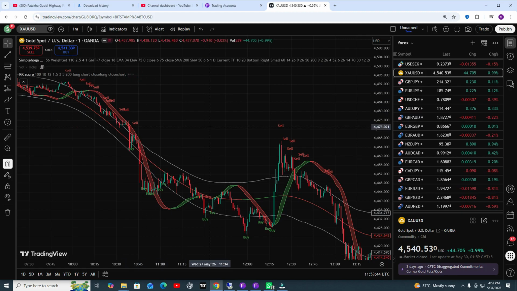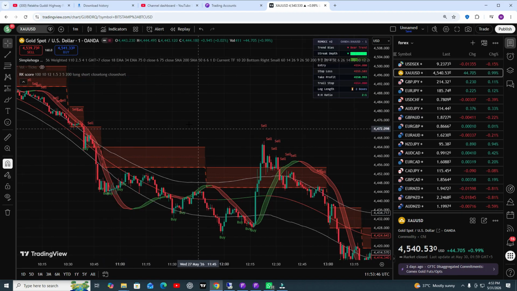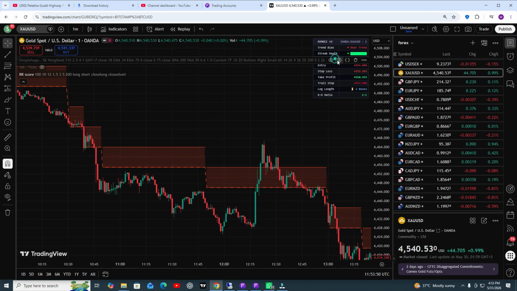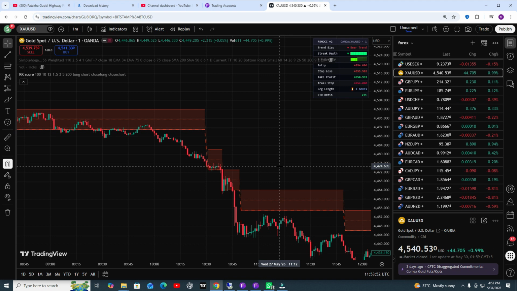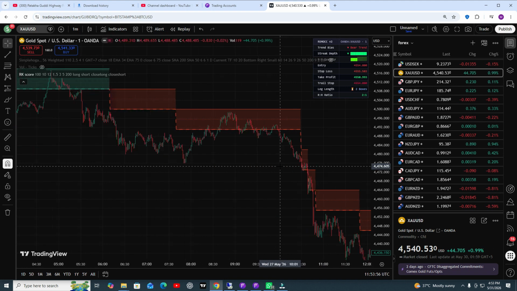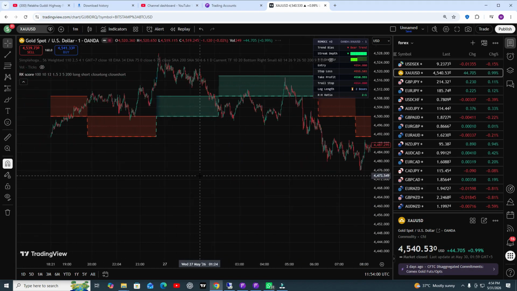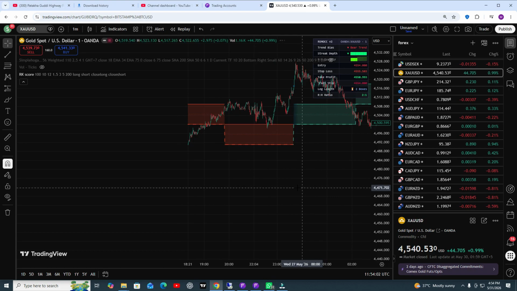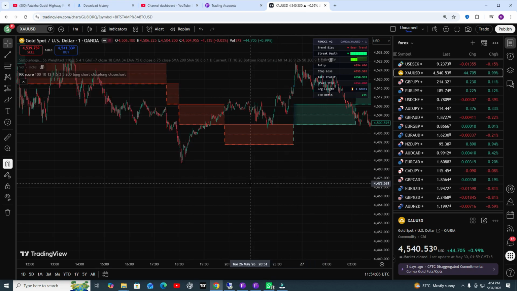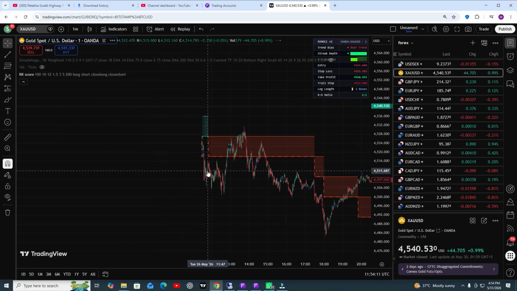So I am using two indicators actually. The first indicator will identify the trend. Let me show you the trend, because if you trade without the trend, of course the market is not going to give you a profit. But if you trade according to the trend, then of course it's a better strategy, better trades and better profit. So this indicator will give you the trend confirmation.